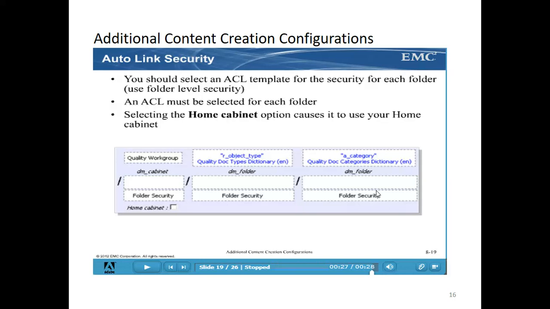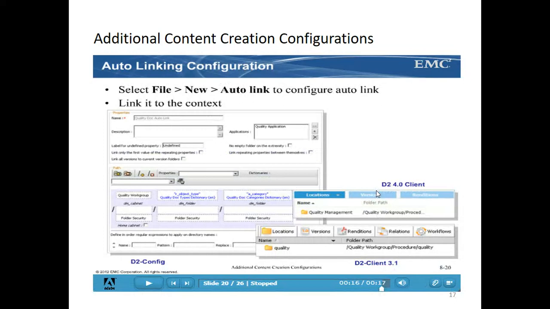Based on each cabinet and folder creation, the ACL template of the security for each folder level should be created, and we have to select the ACL here as well. This is how to create auto linking: File, New, Auto linking.